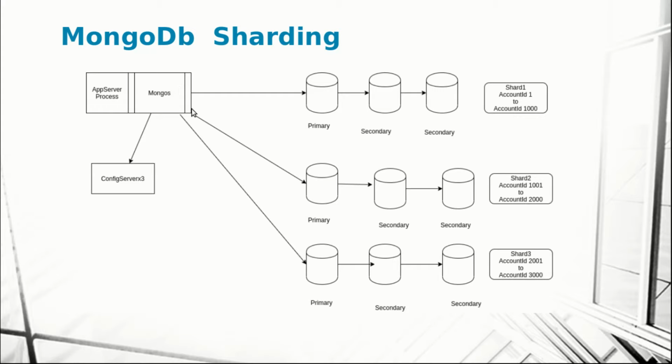Okay, and to maintain this process, you have to spend a lot of cost. You have to maintain 3 config servers, and you have to run MongoS, and you have to run replica sets separately. So in very special circumstances, when you need extremely high workload conditions, you are utilizing this MongoDB sharding architecture. So this is how you deploy a sharded replica set in MongoDB. Okay. So through this mechanism, you can achieve horizontal scalability.